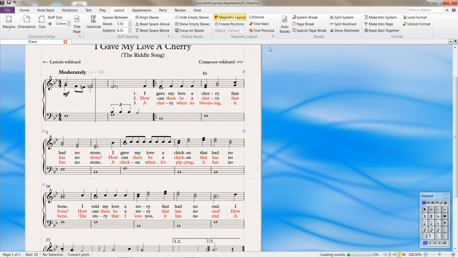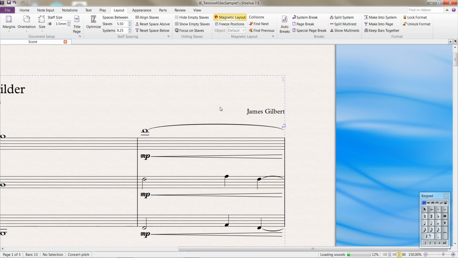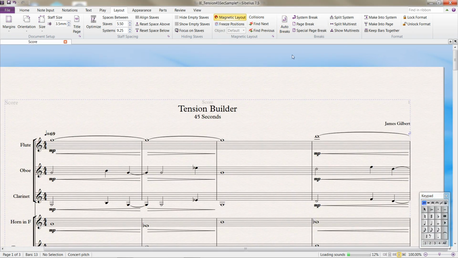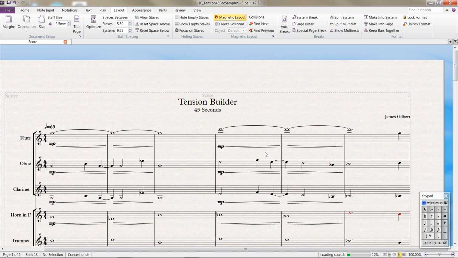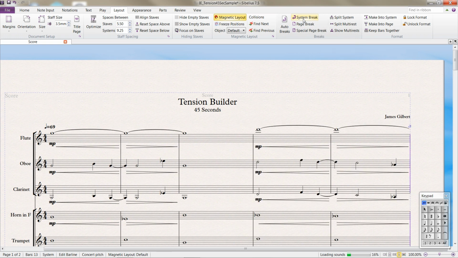You can put these in manually, as well as doing the auto breaks. I'm going to turn auto breaks off, and I'm going to put a deliberate break right here. I'm going to select this bar line and then press system break, and it puts that next measure on the